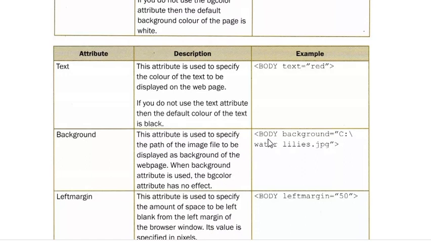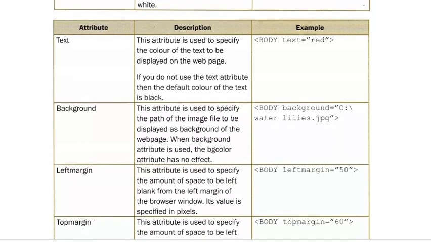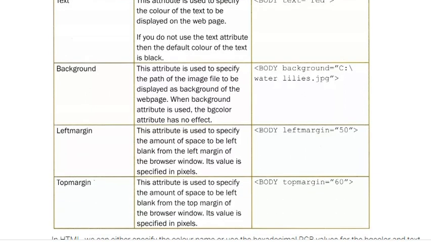Body background equals, this is the path of the image. This means that it is in C drive, water lilies is the name of the image and JPG is the extension of the image. If the image is on the desktop, then simply write the file name, image name dot extension.